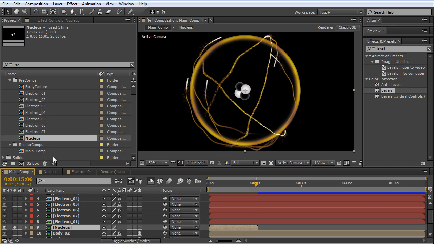But I would like to duplicate it quite a few times and create that scene we have seen in the preview. As you have noticed, this scene is very heavy to render and to preview. So at this point, I would like to pre-render this composition. And I'll render about 16 seconds or 20 seconds, more or less, and then import that render back into my main composition.